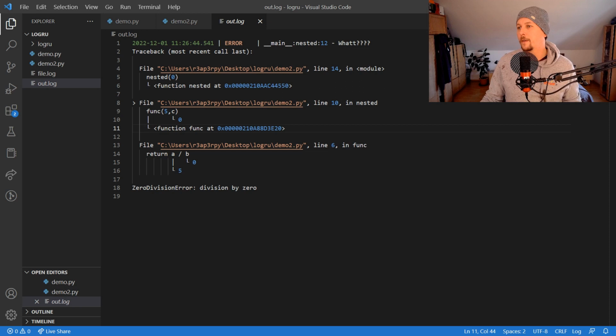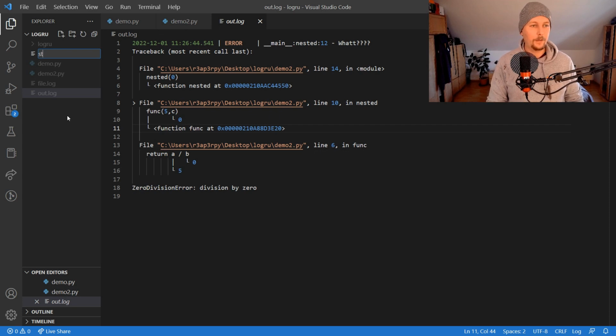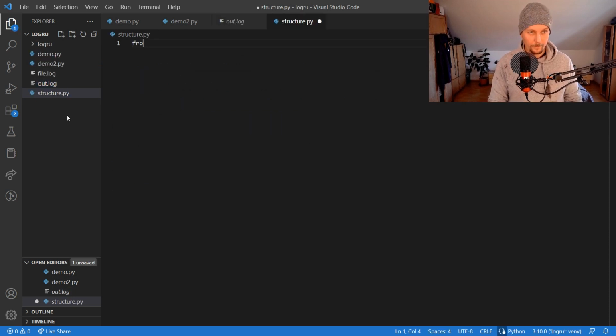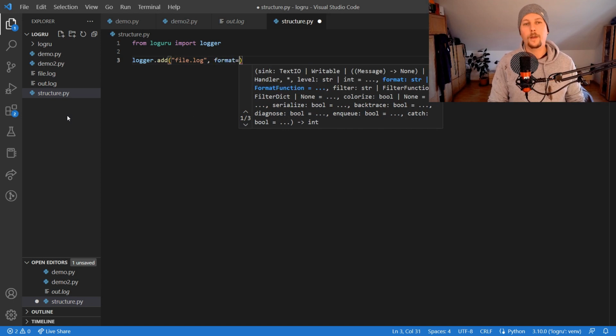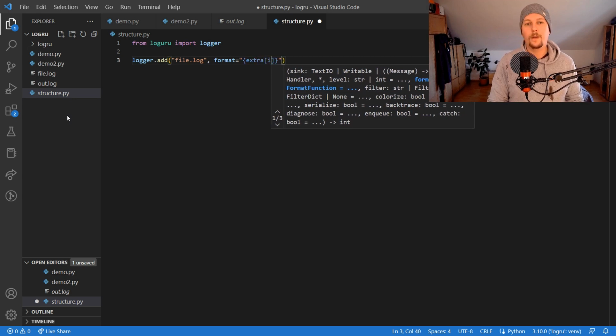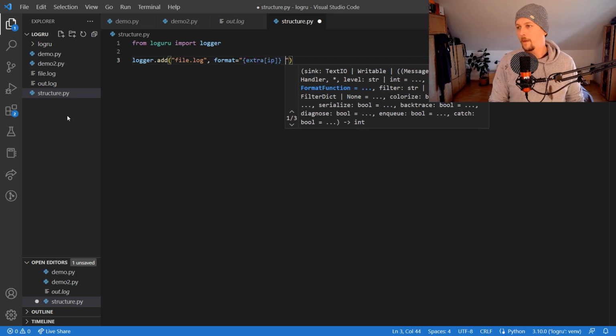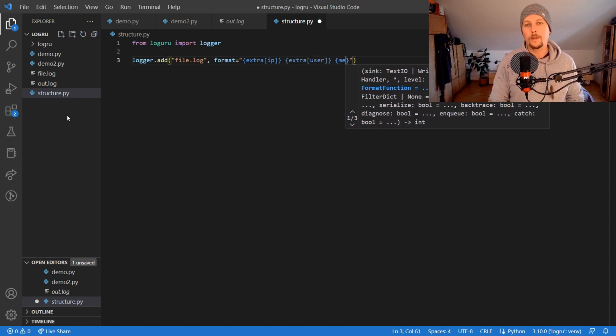And what we can also do is to structure our logging. So basically structure.py, from Loguru we import logger, and the logger.add file.log, format equals extra IP and extra user and the message,